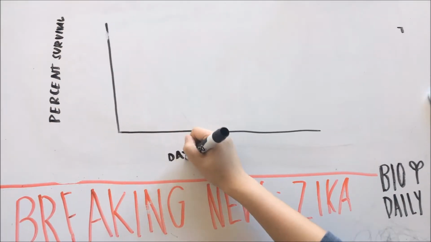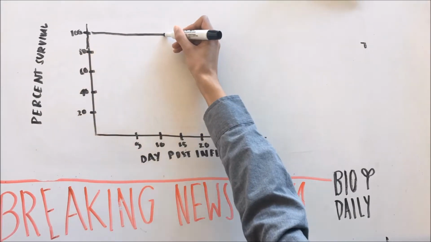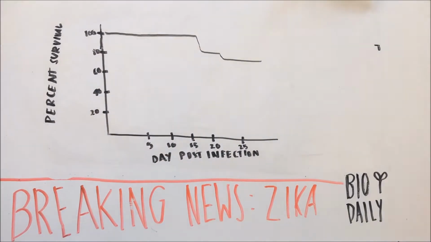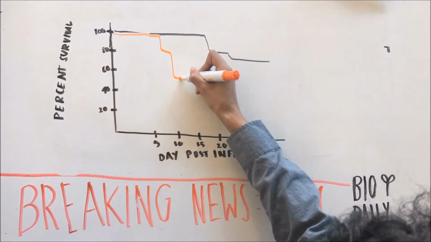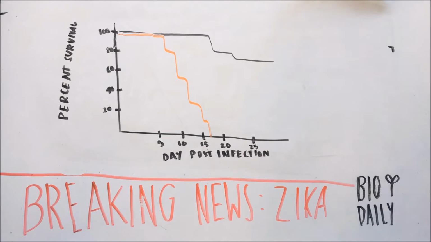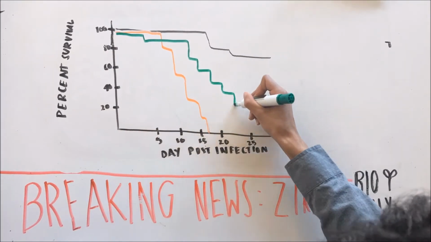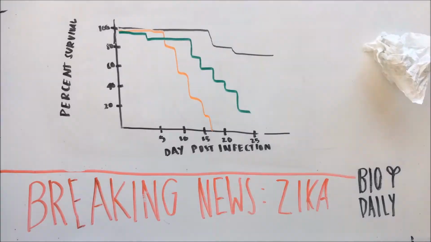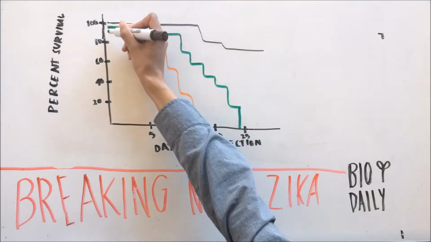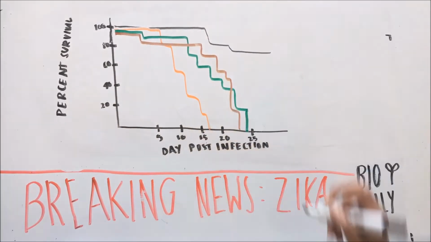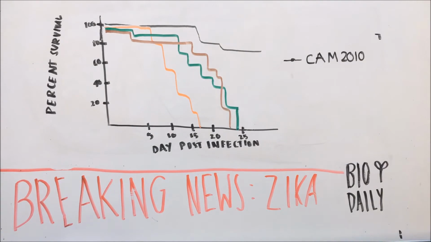We can tell by this graph that until about day 5 post-infection, all mice remained alive. However, after this point, mortality rates began to diverge rapidly, with all MTQ mice dying by day 15 and SAM and VEN by day 25. Meanwhile, CAM 2010 mice did not see a drop in percent survival until after day 15, and by day 25 had stagnated at 83% survival. These results clearly show that the contemporary strains of Zika are more neurovirulent in mice than their ancestral strain CAM 2010.